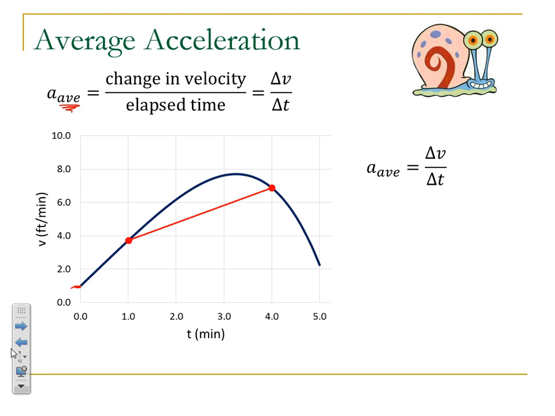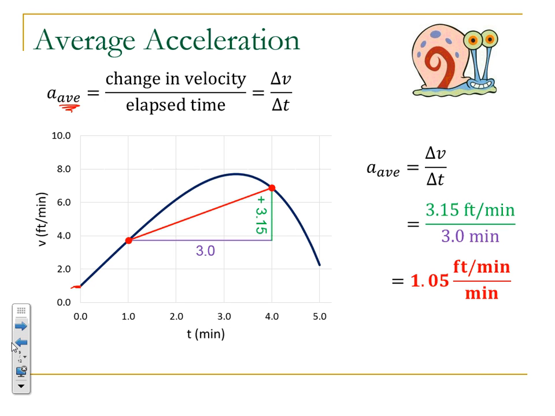Okay, so let's say we wanted to calculate Gary's average acceleration between 1 and 4 minutes. Our average acceleration is going to be the change in velocity divided by the change in time. The change in velocity is positive 3.15 feet per minute, and the elapsed time is 3 minutes, and we can calculate this. We can divide that out, and we get an answer of 1.05 feet per minute,